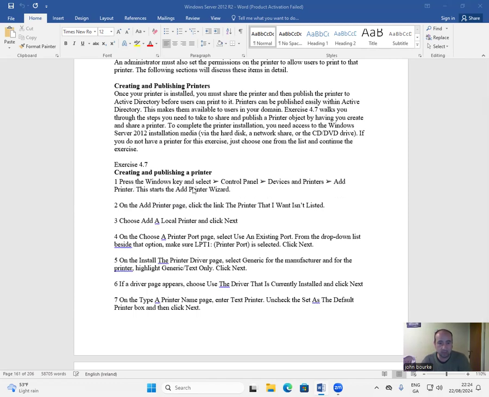1. Press the Windows key and select Control Panel, Devices and Printers, Add printer. This starts the Add Printer wizard. 2. On the Add Printer page, click the link The printer that I want isn't listed. 3. Choose Add a Local Printer. Click Next. 4. On the Choose a Printer port page, select Use an Existing Port from the drop-down list beside